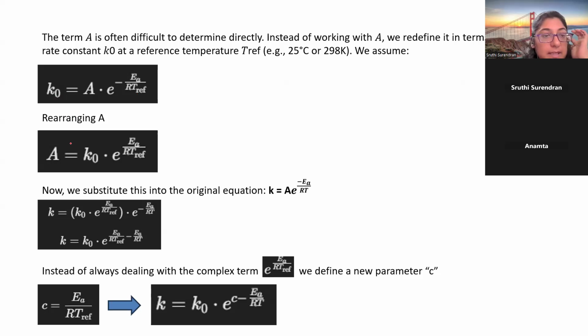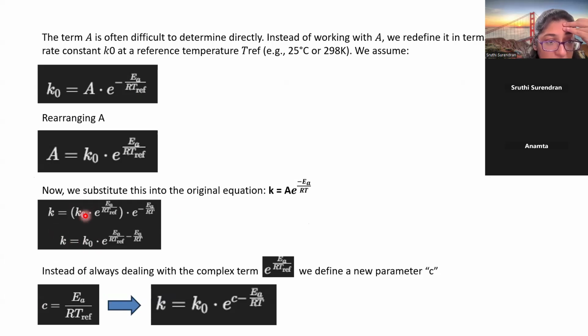So here we can write A is equal to k naught into e to the power Ea by R T reference. Now, when we substitute this A value in the first equation,